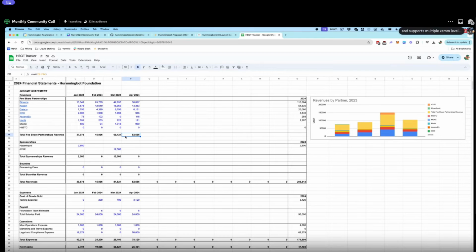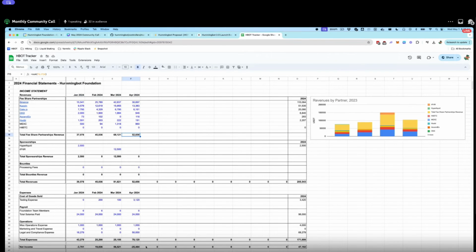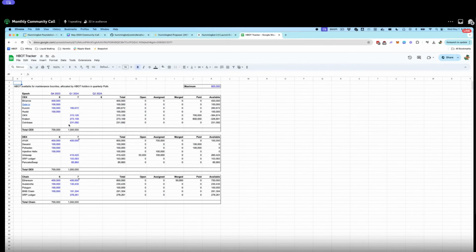But as the bull market may be coming to an end, we're seeing that drop down a bit. However, I think the key for us is to keep our core team lean, and that's why, from a core operational perspective, we're actually doing okay, if you look at our net income and how much we've grown our balance sheet over the past few months. Overall, we try to make things transparent in this HBOT tracker, and we try to allocate how much HBOT